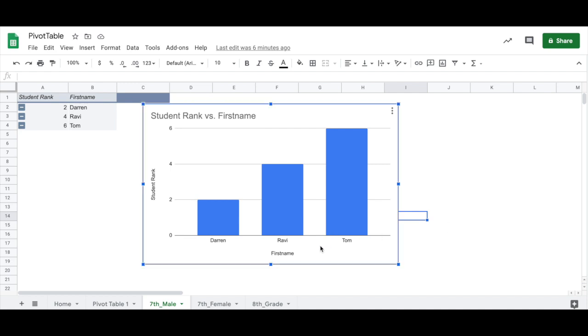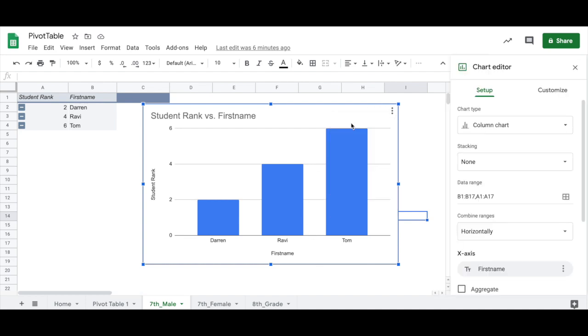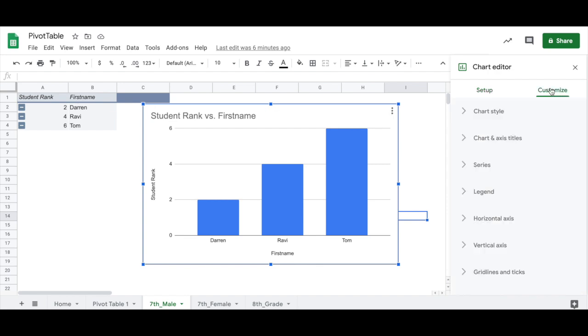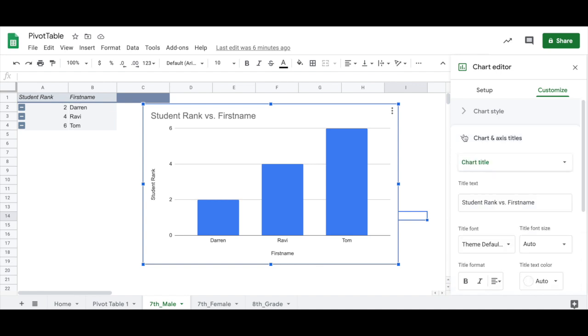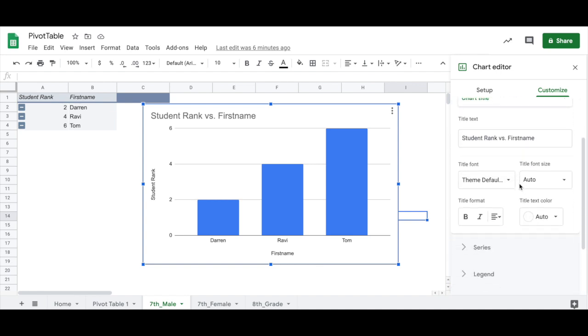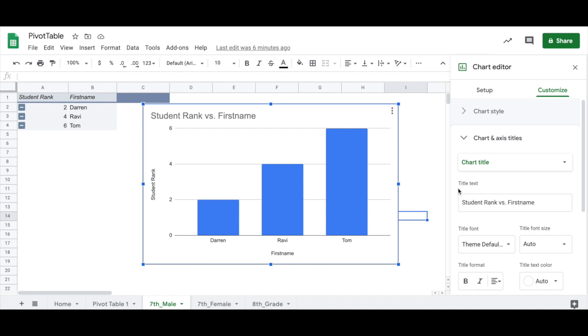So I'm going to go ahead and click on this chart. Notice that there are 3 dots come up, right? We are going to go to our chart editor. We're going to customize, and we are going to go to chart, axis, and titles. Here we have the title, student rank versus first name. We're going to need to change that to 7th